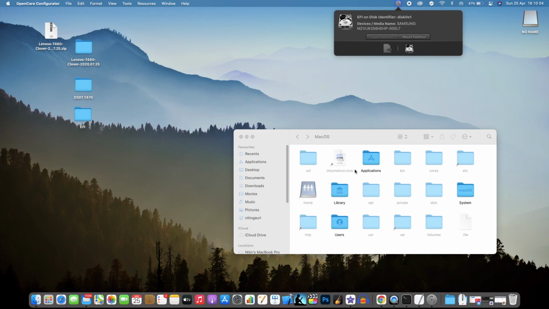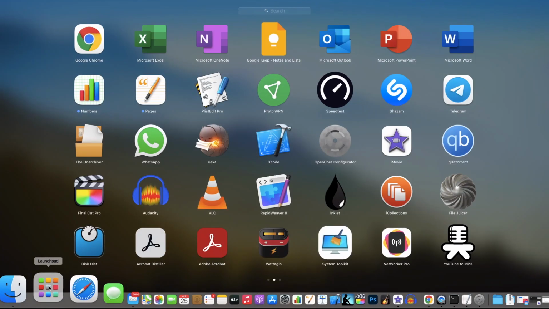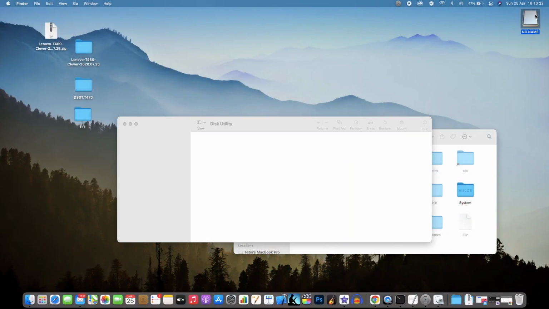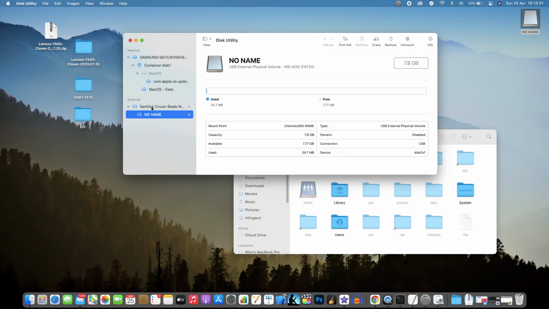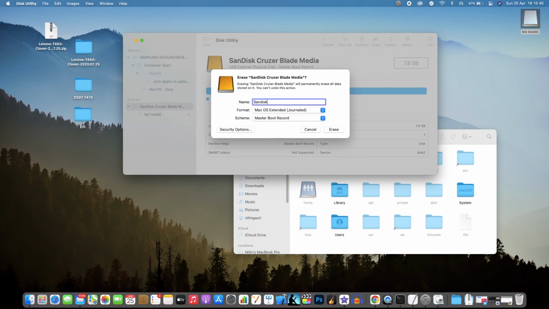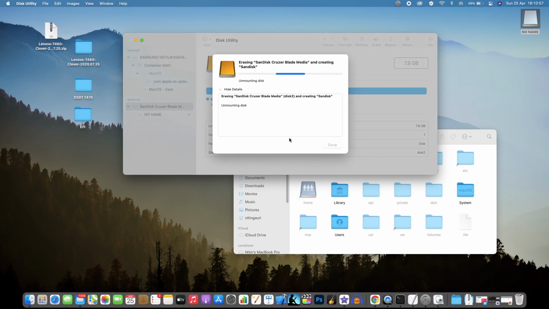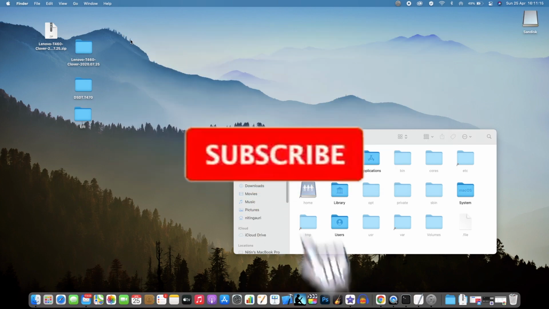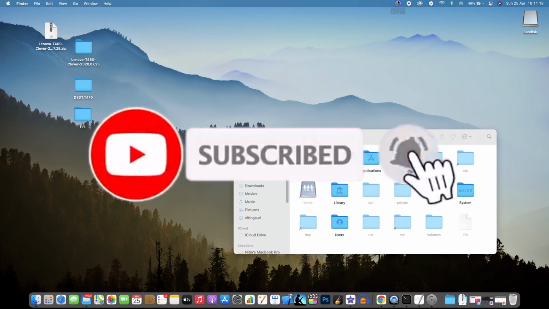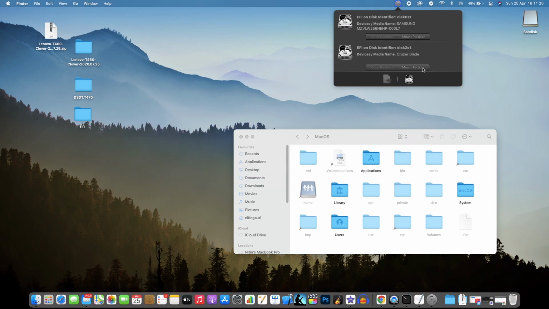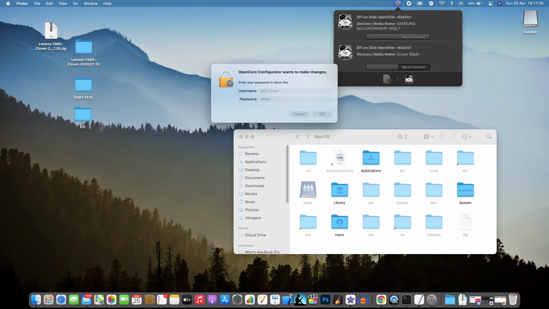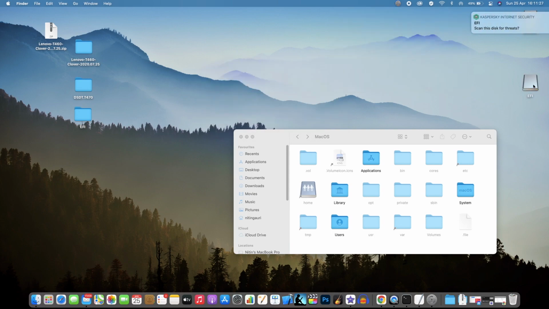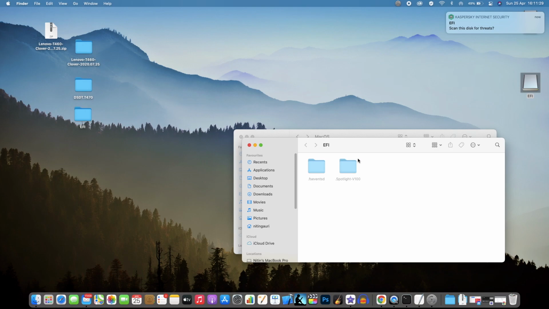It's not showing up. So we have our drive ready over here. Now you see we have the option to mount EFI. So the EFI partition is mounted.